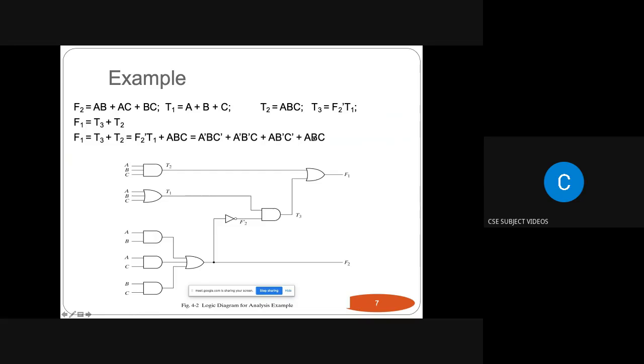So we have the intermediate variable expressions, which can be said to be arbitrary symbols. So here are some of the arbitrary symbols involved. So here we can write the final Boolean function in terms of input variables. So we can write function F1 as F1 is equal to,